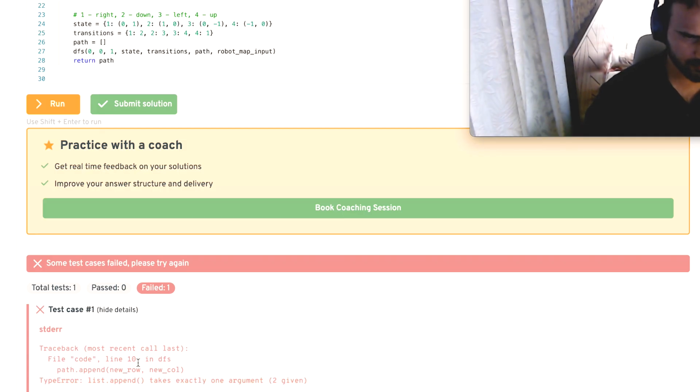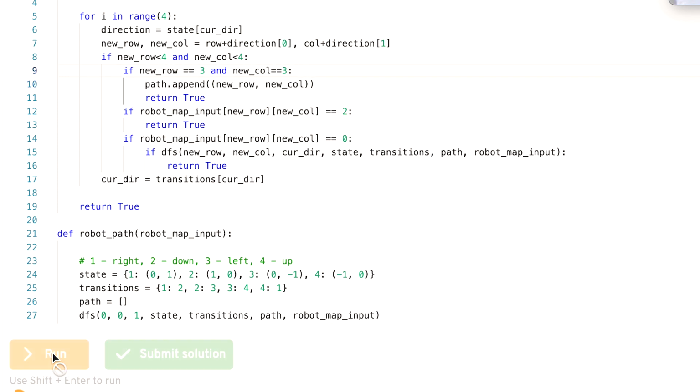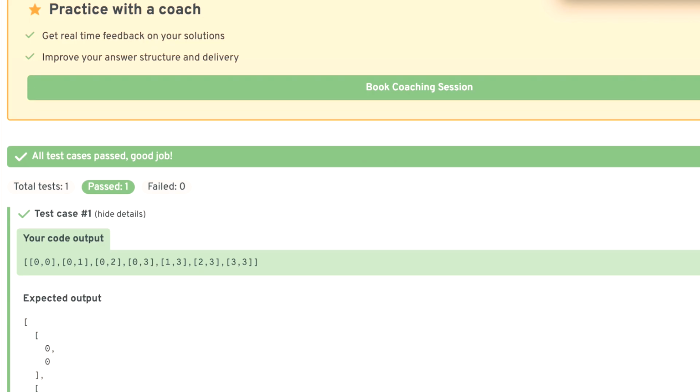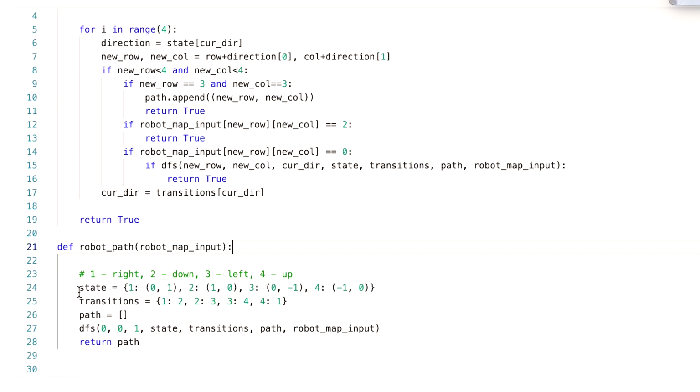Okay, so we have a problem on line 10. Yeah, we have to just append new column, new row as one element of a tuple. Let's run this. Awesome. So it's working. And just to give a final summary of the solution, the most important thing is states and transitions, which we have explained on the drawing board,